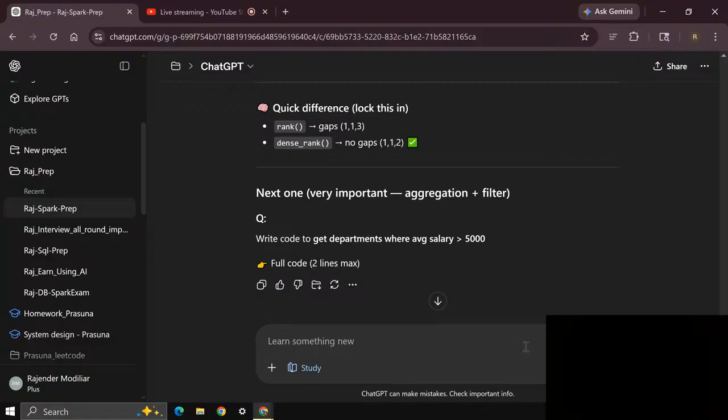Now, next very important: aggregation plus filter. Write code to get departments where average salary is greater than 5,000. Okay, I need to import without anything.